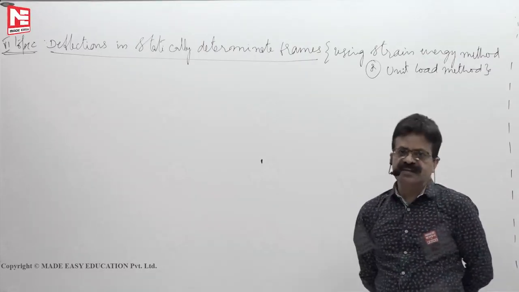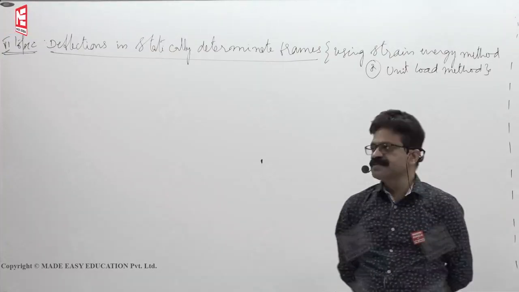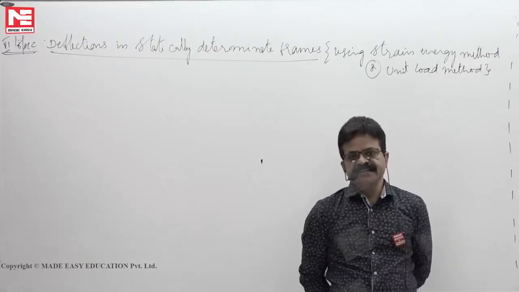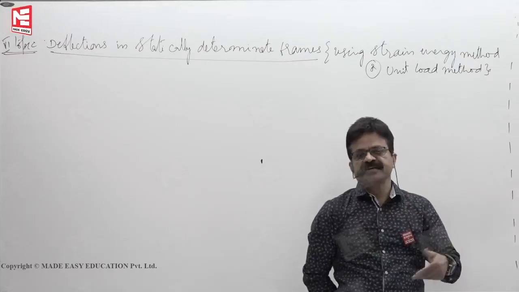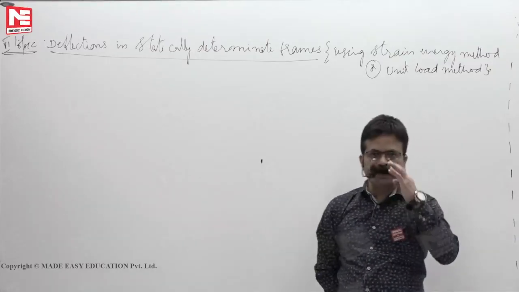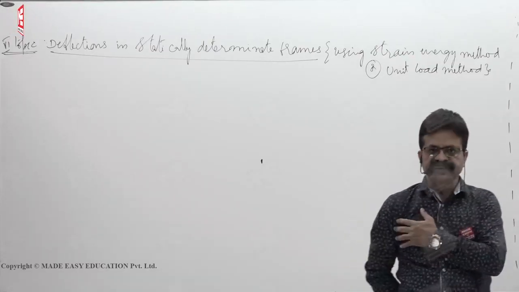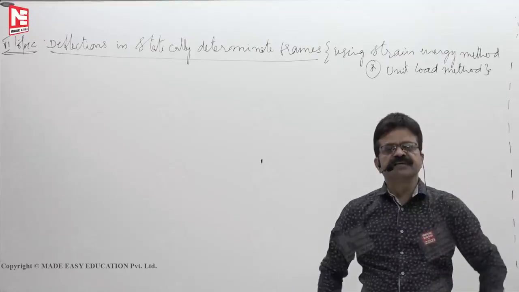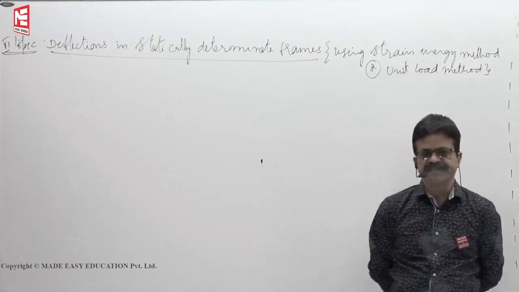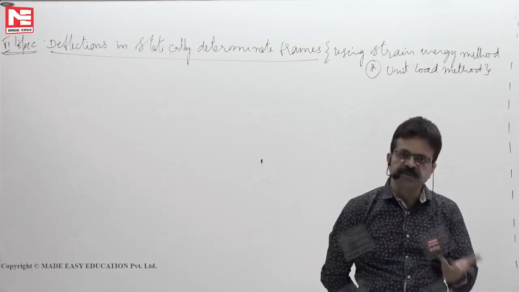Now we will take strain energy method to find the deflections in the statically determinate trusses. Why not indeterminate trusses? Indeterminate frames, let us say. Then first you have to find all moments, reactions. That itself will take half an hour time. After finding the additional unknowns, only then you can find the deflections by taking the strain energy method. That means because of the time, it will take 1 hour time to find the deflections in statically indeterminate frames. So they ask you in the exam statically determinate frames only, because support reactions you can find